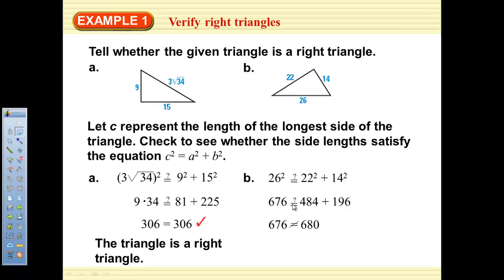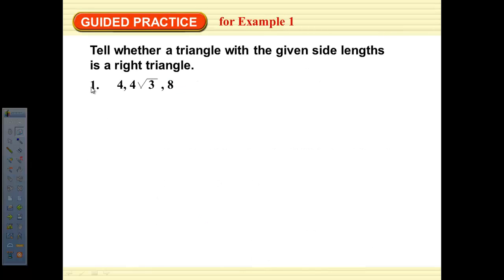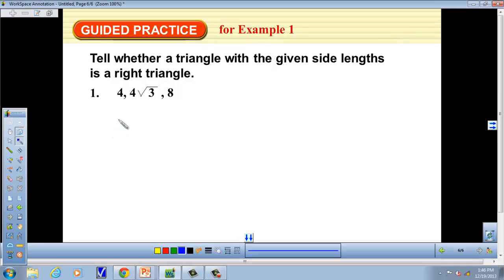Now, the next example we're going to do is going to be looking at, first of all, we're going to see if this makes a right triangle. And what you may want to do, sometimes they put these out of order, so you may want to figure out if 4 rad 3 is greater than or less than 8. So, let's see, 4 times rad 3 ends up being approximately 6.9, so it's less than 8. So 8 would be, if we have a hypotenuse, 8 is going to be our hypotenuse. So we're going to say 8 squared here. We don't know if it's equal, but it's going to be 4 rad 3